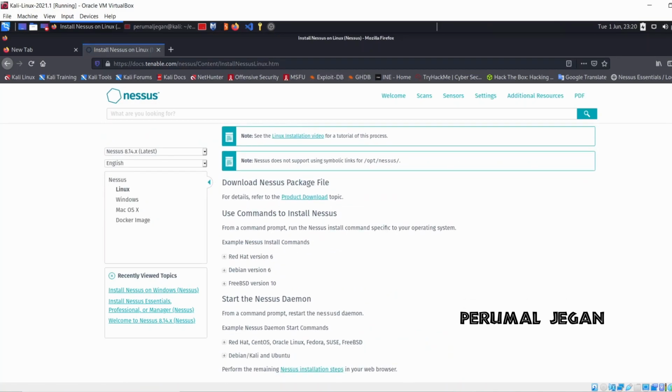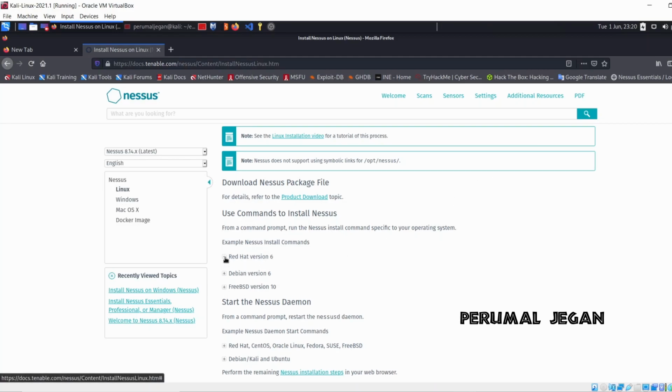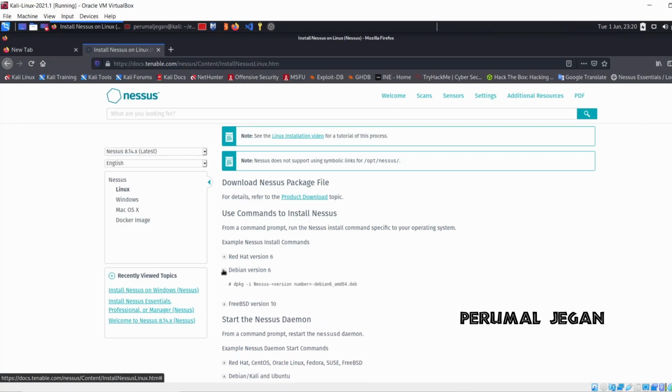In Linux we have various distributions, right? So for each distribution, they give specific installation methods. Kali is a Debian based system, hence you have to use this one. So you need to enter the Debian package name that you downloaded from the previous download page. This is the simple single command you can use. The only tedious job is that you have to wait, because when I was installing on my Kali machine, it took around a couple of hours to completely install Nessus.